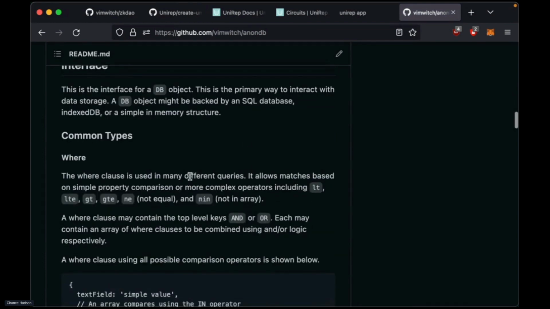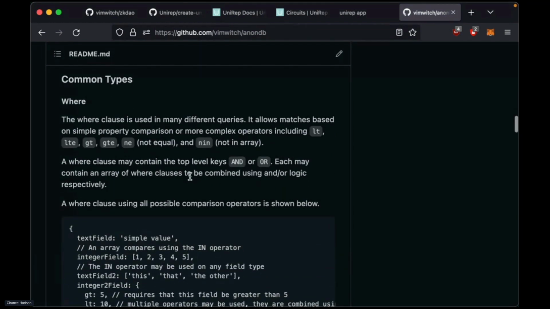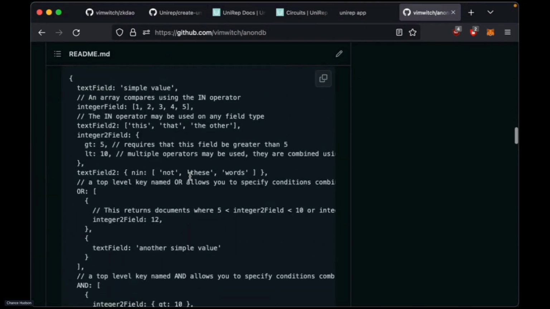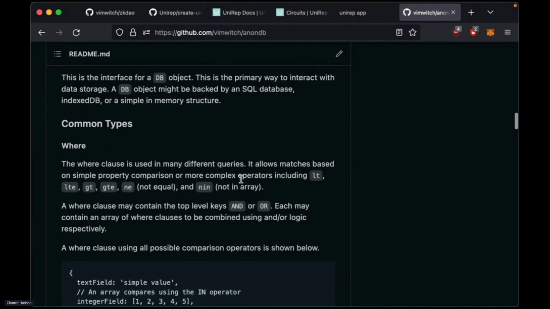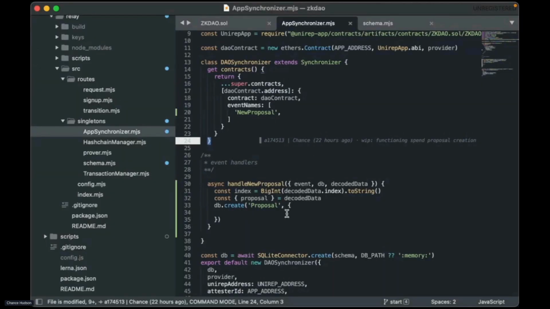And what does it look like? You have this very simple interface: find many, find one, create, count, stuff like that. And then the where clause can have strings, integers, it can do an in operator, like one of many, or and stuff like that. So it's documented there, and that's what we use internally.